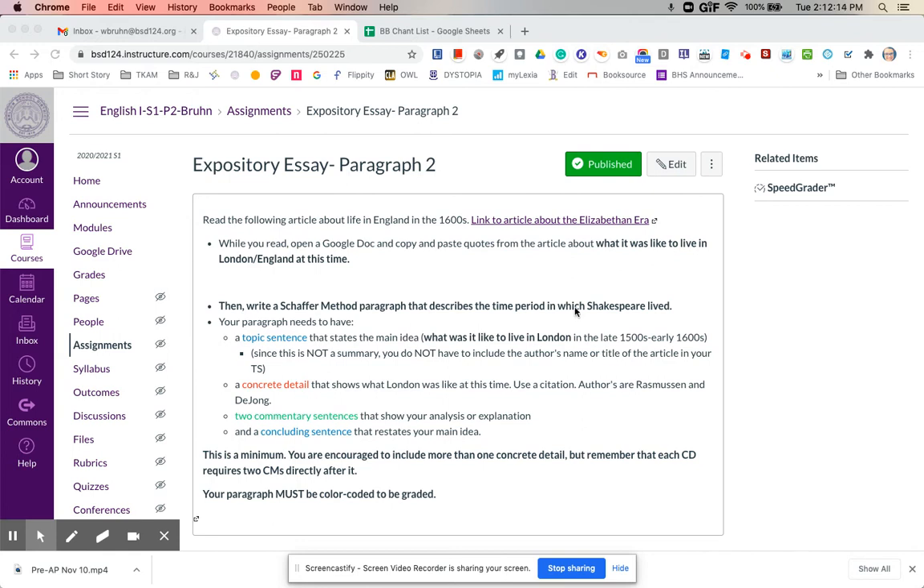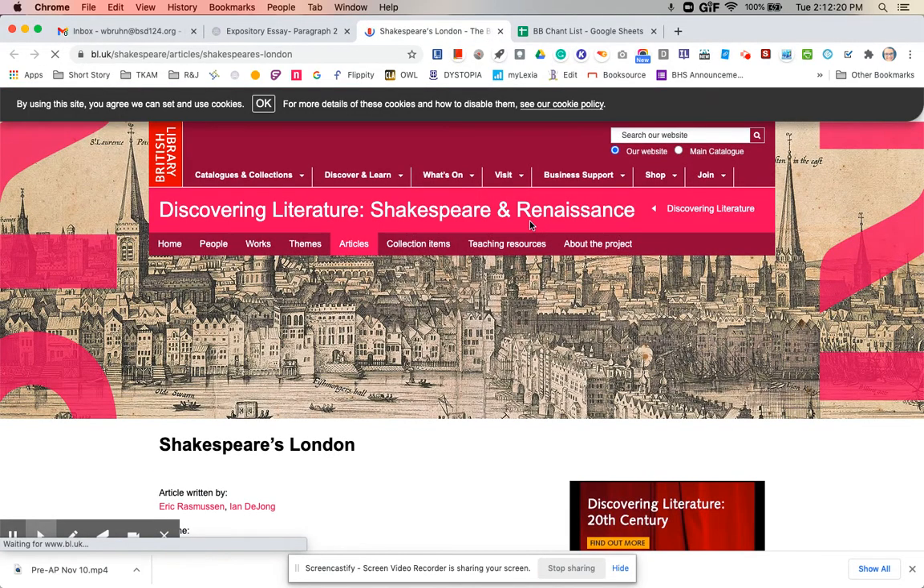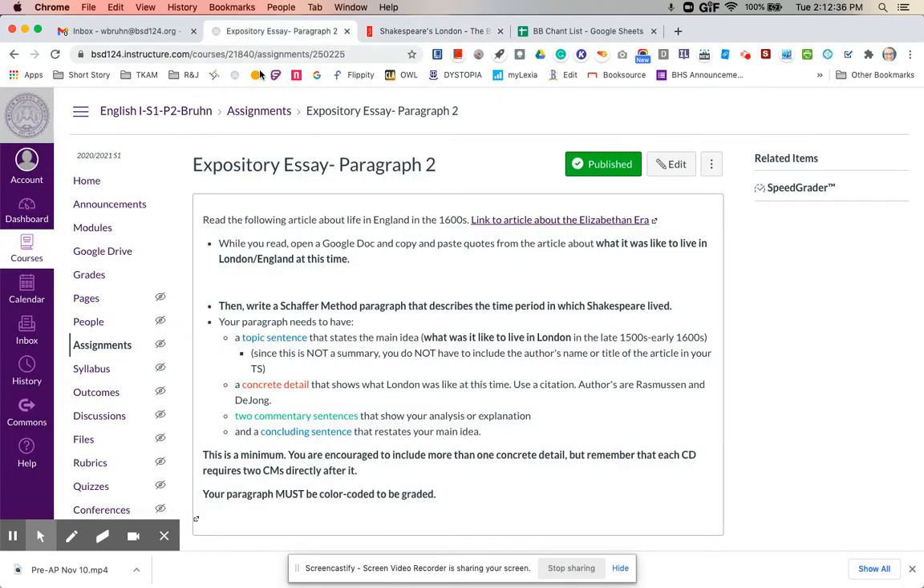So again, I've provided you with a link to an article. This is about the Elizabethan era. While Shakespeare was alive, Queen Elizabeth was the queen for the majority of the time that he was alive, and so we tend to call this era the Elizabethan era because that was who the queen was. And so you, again, will want to open a Google Doc so that you can copy and paste article quotes